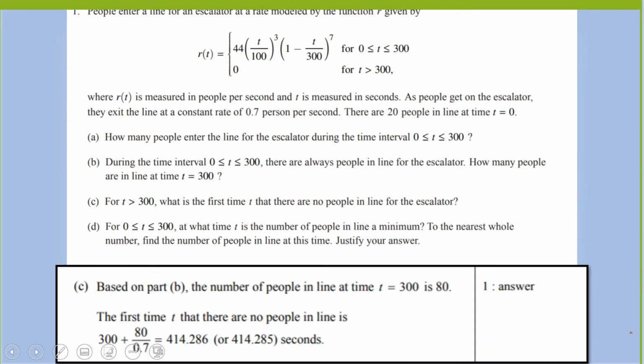Here it is again. So we knew the number of people in line at 300 was 80. Since we've got 80 people and we're leaving at 0.7 people per second, if I divide 80 people divided by 0.7 people per second,